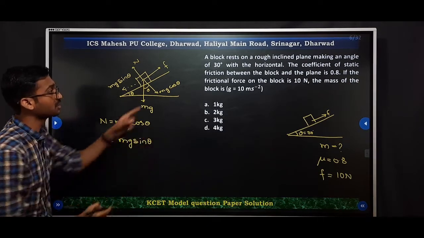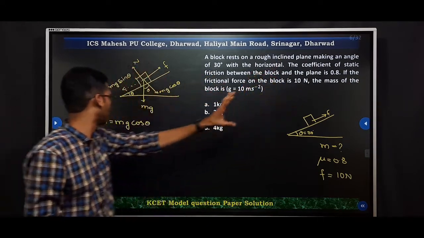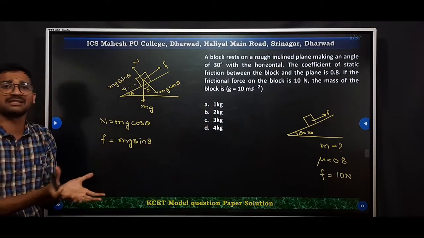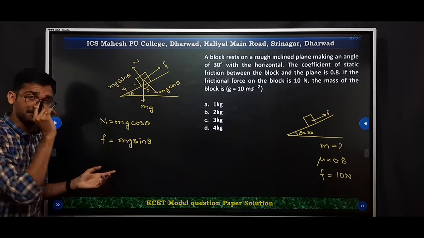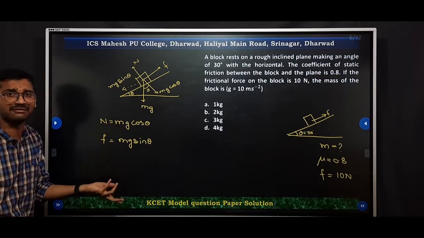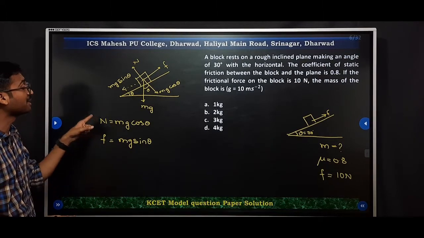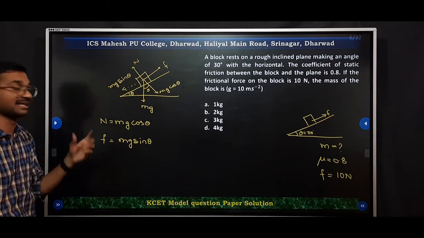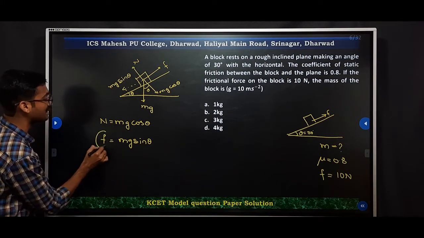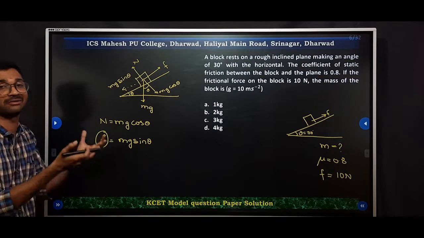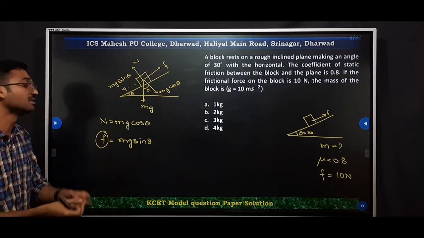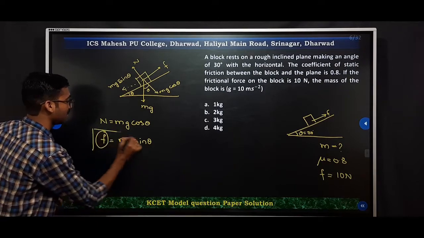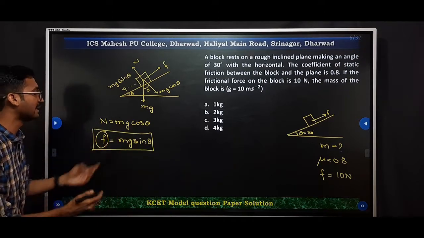Now, what is our question? They are asking the mass of the block. In both the equations we are having the mass, but to get the mass, I cannot go for any one of the equations, because we are not having the normal force in the given data. Which one is a simpler one? This one is simpler, because they have already provided the frictional force. Therefore, solve the same equation for m now.